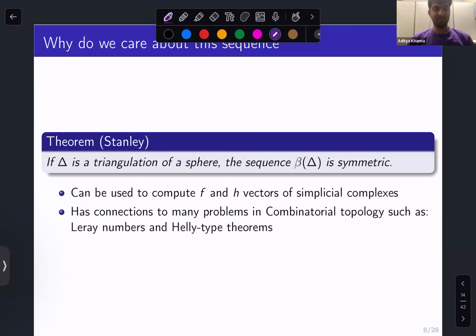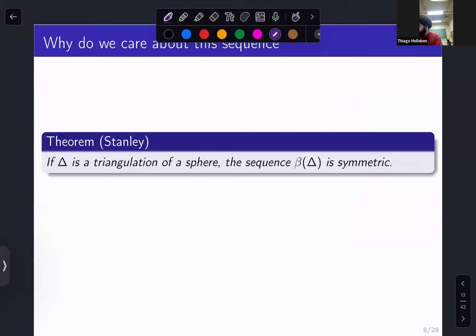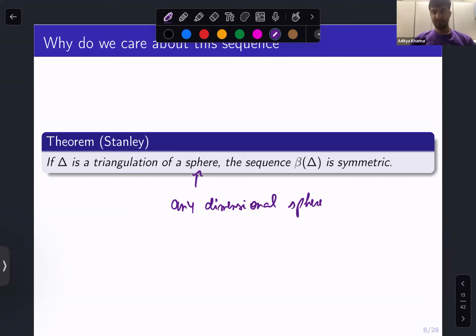Yeah, just, could you show quickly how the pentagon is a triangulation of a sphere? Okay, yeah, I guess I can write it here. I see what the problem is. When I say sphere, I mean any dimensional sphere. In particular, I'm calling the circle a sphere, which is common, but it's a one-sphere. So it's more like a D-sphere. Yeah, I'm sorry.